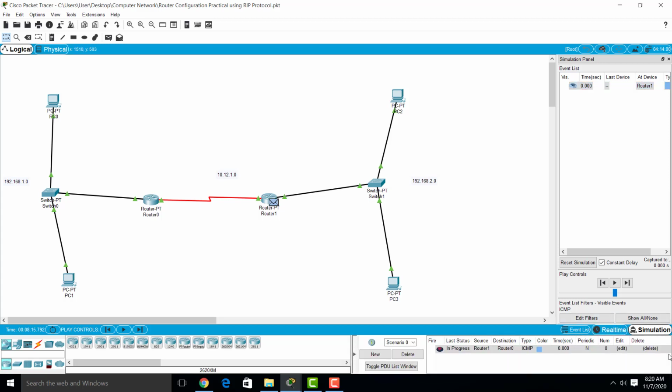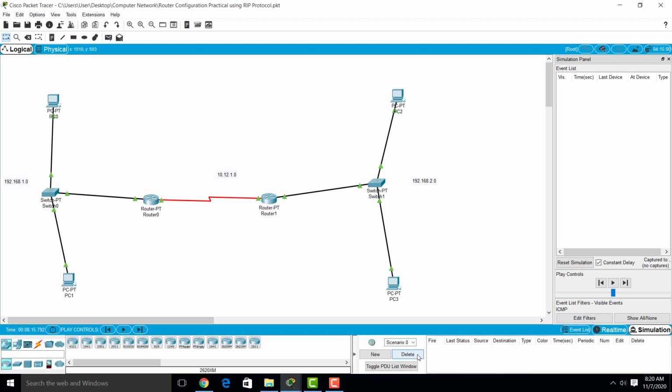So for that purpose we will take one message and send it from PC3 to PC1.